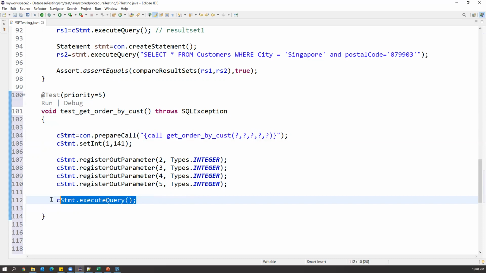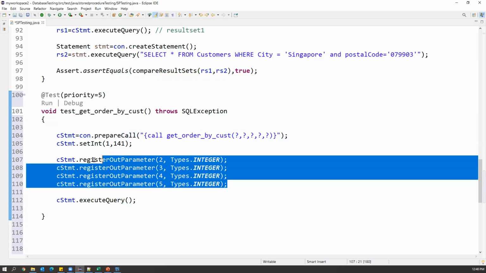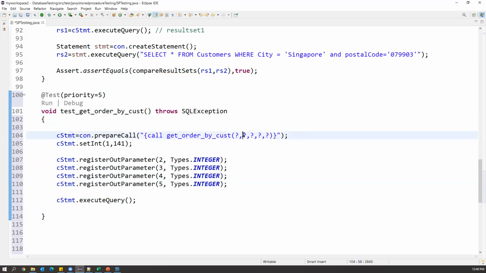Once you executed your stored procedure, the returned data will be stored in these output parameters. Actually, the stored procedure is not returning anything. It will get the output and store it in the output variables.